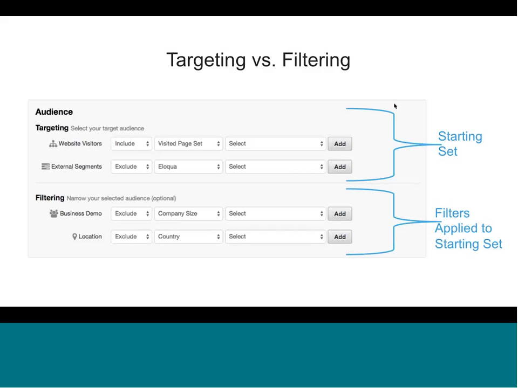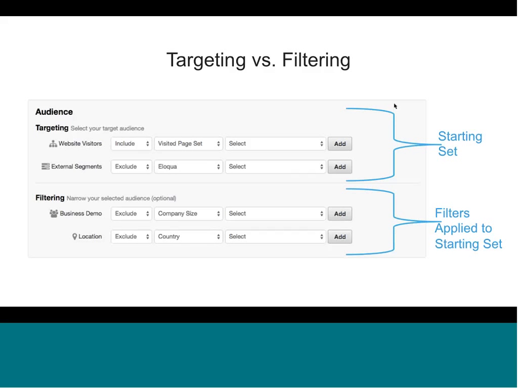So once you have a target, then you have filters that you can layer on and apply to that starting set. The way that I think about the difference between these two is that the starting set is the original population that you define, and then filters are ways that you sort that existing population. So let's say that your population is a jar of 500 M&Ms. The filter you might apply is to say, I want only the blue M&Ms. So you've got your population, you're applying your filter, and then you're resulting in the specific audience that